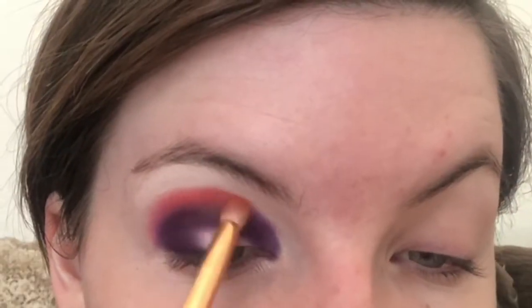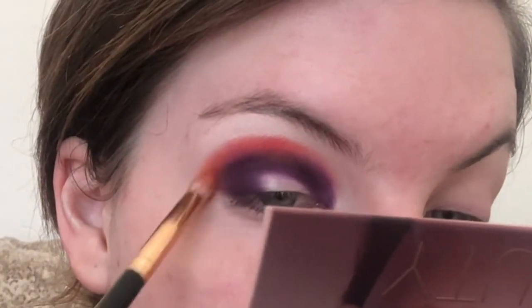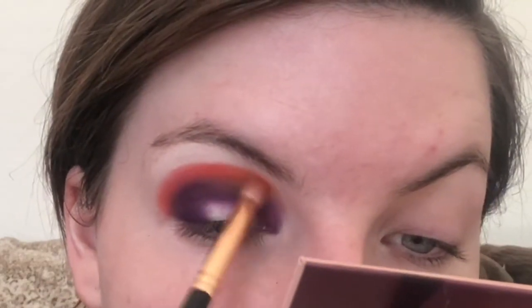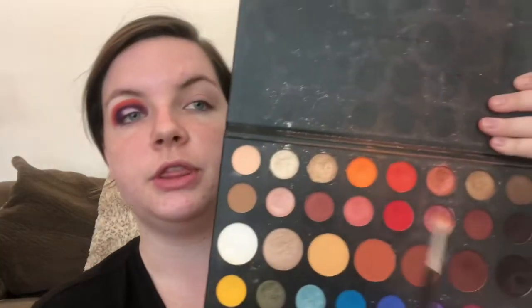circular motions. You really want to take your time with this. Going all the way around. Like I said, we're going for that rounded effect today. So we're going to take this all the way around the eye. Cute! So now that we have this gorgeous harsh line,